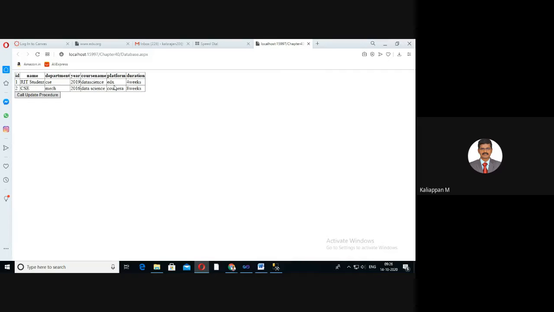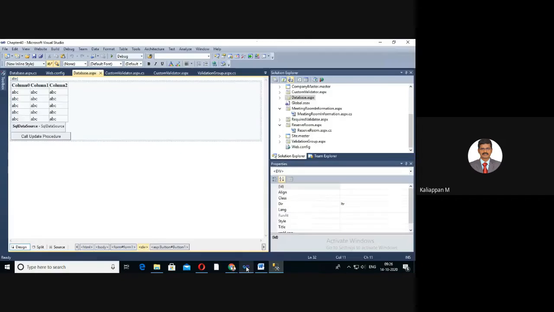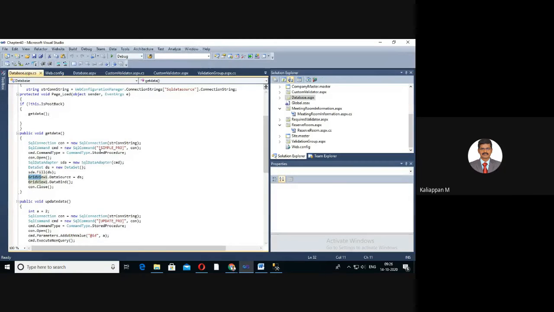This is a stored procedure we already created in SQL Server. In ASP.NET, we called that stored procedure using the connection string object, then the command object, with CommandType equal to CommandType.StoredProcedure.